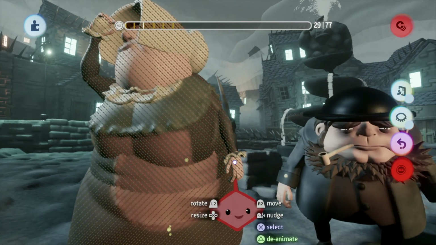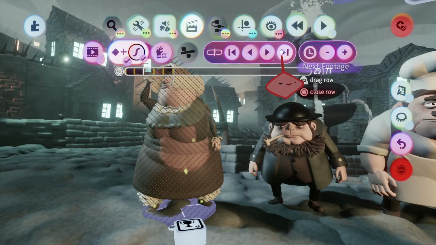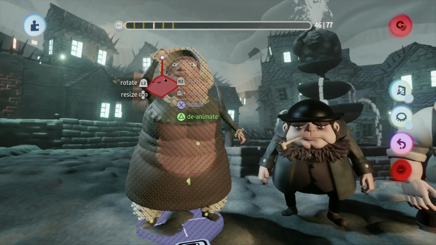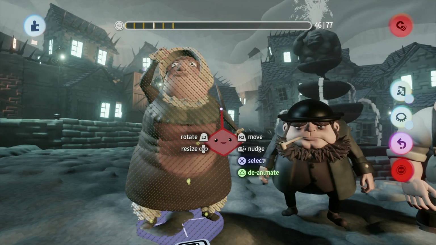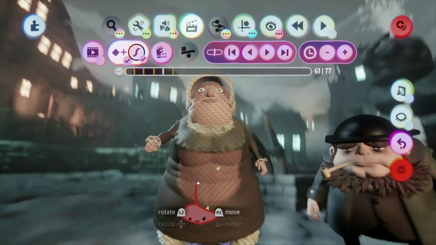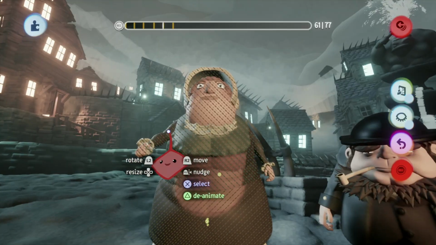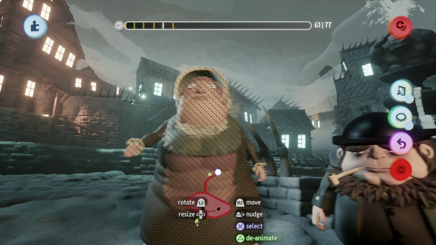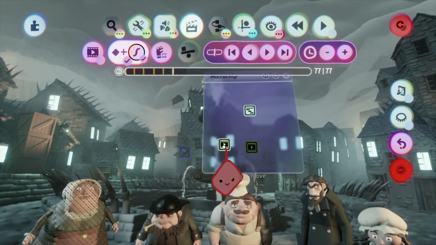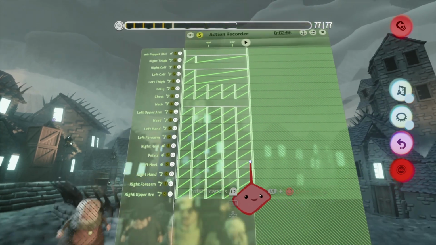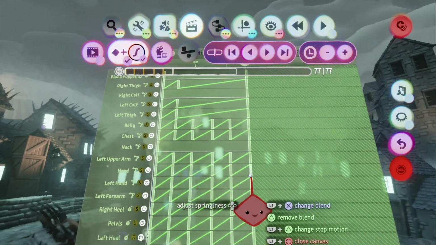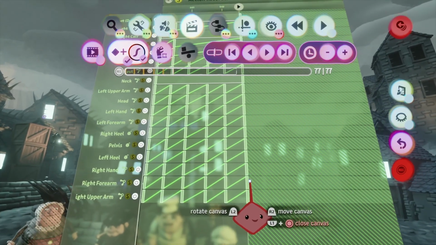Just grab it with L2 slightly, don't move it around much. I'll show you why. Basically, it makes it easier if you alter things. It won't screw up the overall animation as much if you have these basic, like, definitely this arm is here at this point. So that if you change it later, it won't get messed up. It's something you kind of get used to if you mess around with keyframes a lot. It's something they do. I don't know why they do it, but it's something that happens. Anyway,